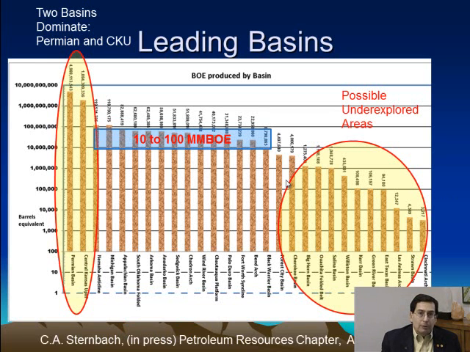As we look at the 30 basins that produce from the Cambrian Ordovician, or the Great American Carbonate Bank reservoirs, it's clear on the far left the two basins dominate, the Permian Basin and the central Kansas uplift, where Permian Basin has 5 billion barrels equivalent production, and central Kansas uplift has 2 billion barrels. So these are clearly the dominant players. There's about a dozen fields that have 10 to 100 million barrels of production, and on the far right there are a handful of fields that have lesser amounts of production, and if you're an optimist, as I am, these are potentially underexplored areas.